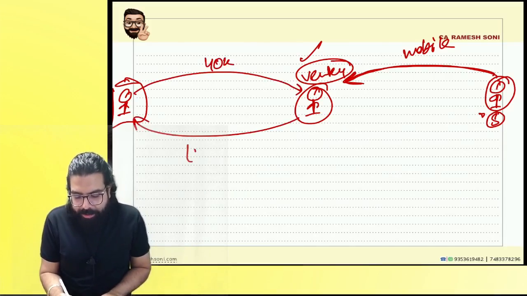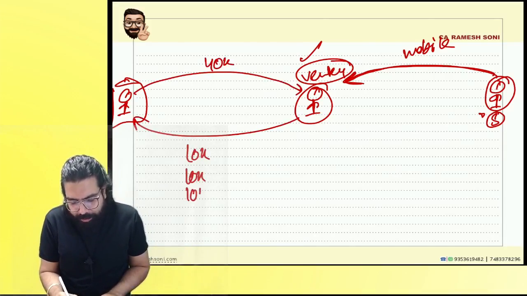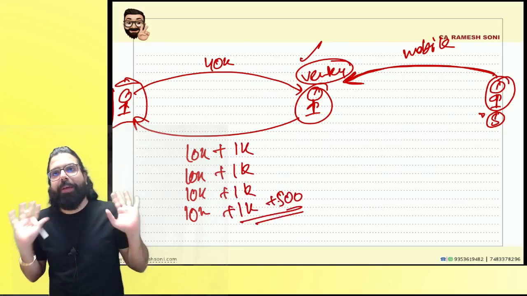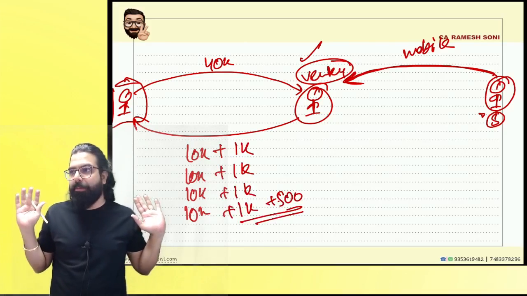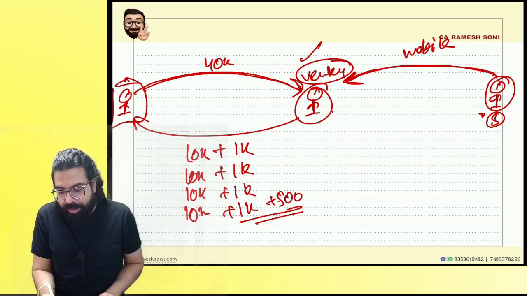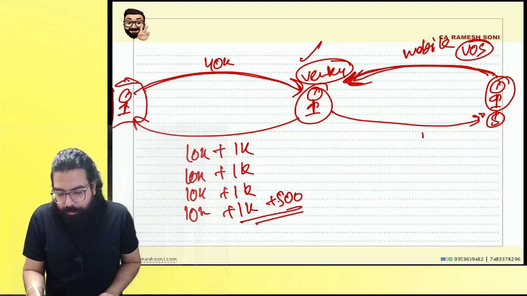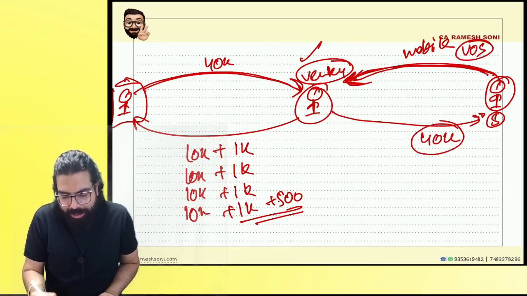He told, okay, I will return to you 10,000, 10,000, 10,000, 10,000. Plus, I will give you 1,000 rupees interest also. And if I delay, I will give any penal interest also of 500 rupees if it is there. Are we clear, everyone? Now, he took the 40,000. He gave it to uncle. Can you tell me what is the value of supply of the mobile phone? Because uncle got 40,000, the value of supply is 40,000.